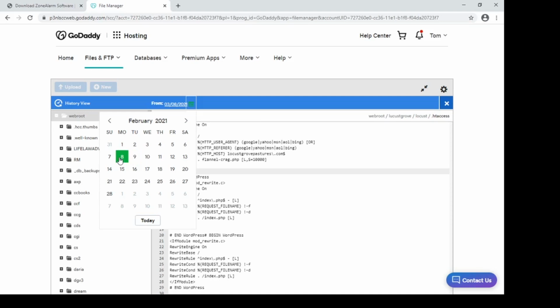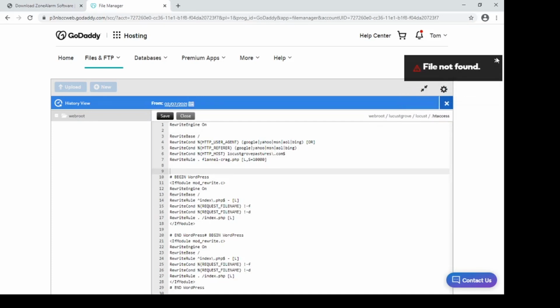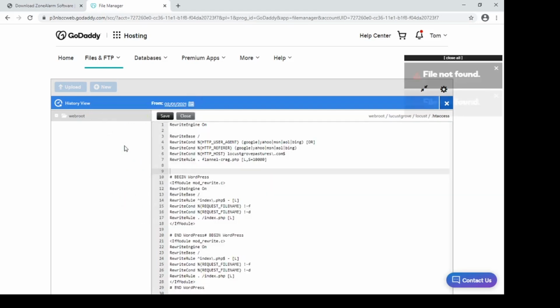Let's say Monday the 8th, or let's do the 7th. Okay, now it was saved. Basically, what we want to do is get an older file, one that hasn't been